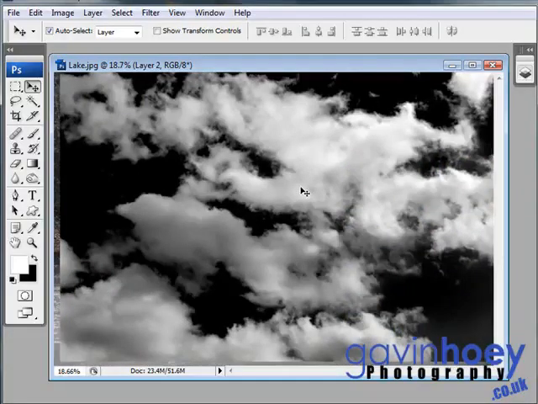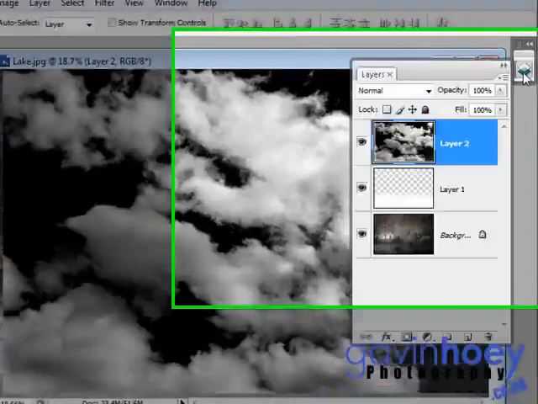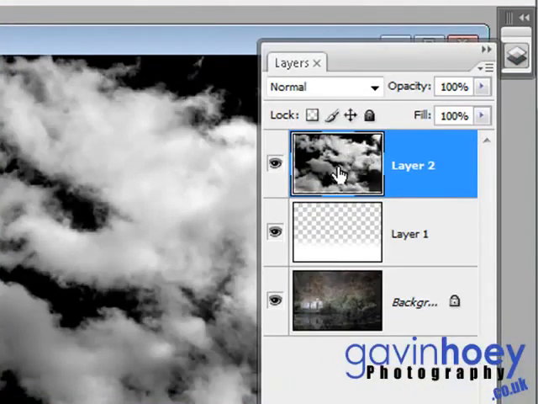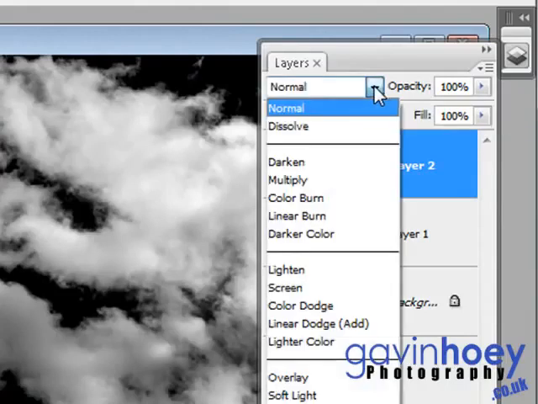But to be able to see through these black and white clouds, I'm going to come back to Layers. Now you'll find you have a new layer now, which is where you've just dragged on the clouds. I'm going to change the blend mode from normal